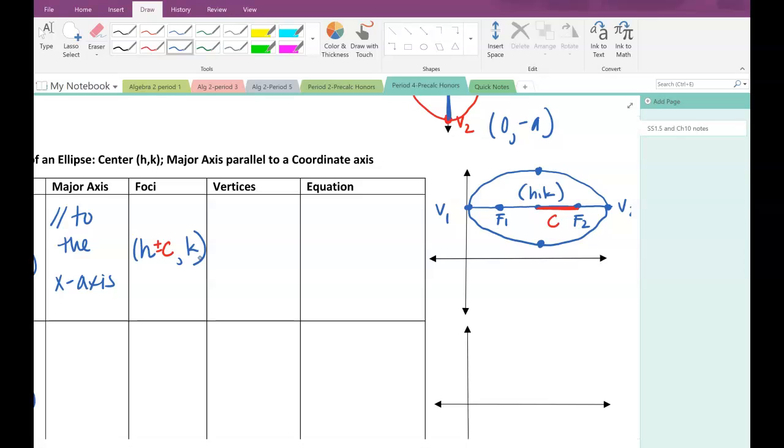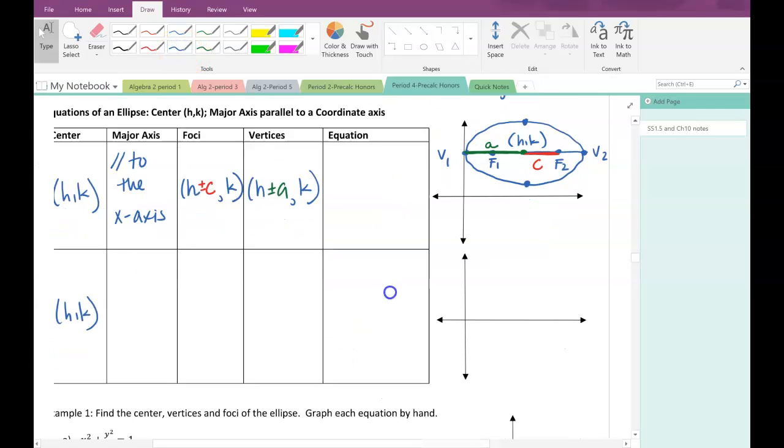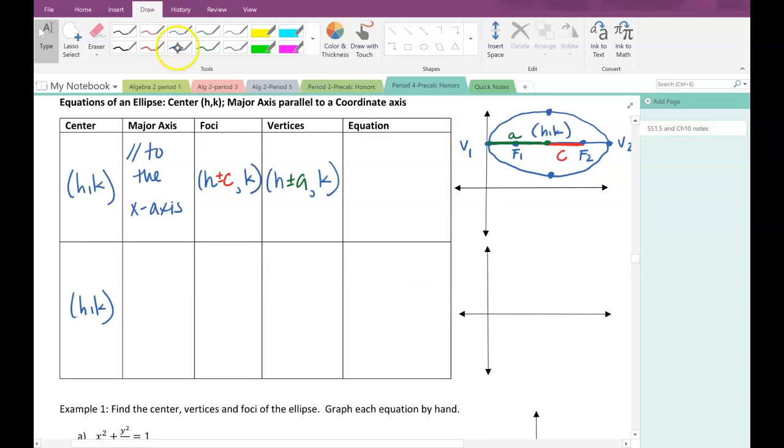Now let's talk about the vertices. From the center to the vertex is the letter a. So here's the center, here's the vertex, the whole green piece is a. So again, you can take the h value, add a to get vertex 2, or minus a to get to vertex 1. So we're going to take h plus or minus a, k. Your standard form equation, because it is positioned horizontally, we're going to go, okay, the x variable will get